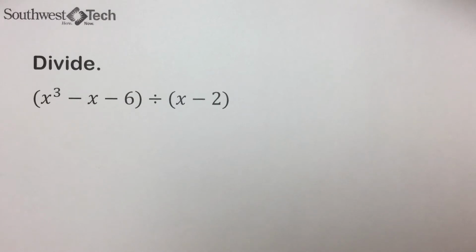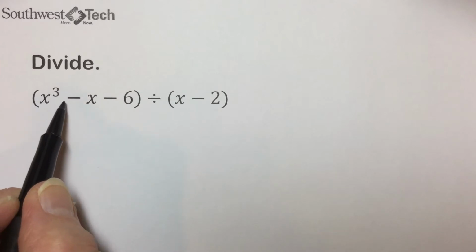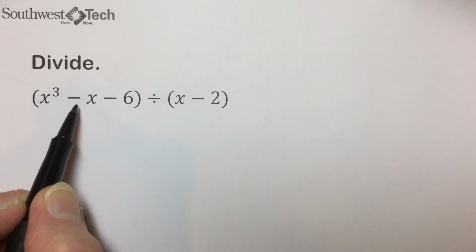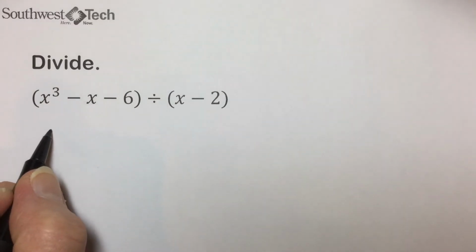When we're dividing polynomials with more than one term, we use long division, much as we do in arithmetic. If a polynomial is missing any term in the dividend, which is the case here, we have x to the third, but there is no x to the second power, we will use a 0 for the coefficient of that missing power. So setting this up